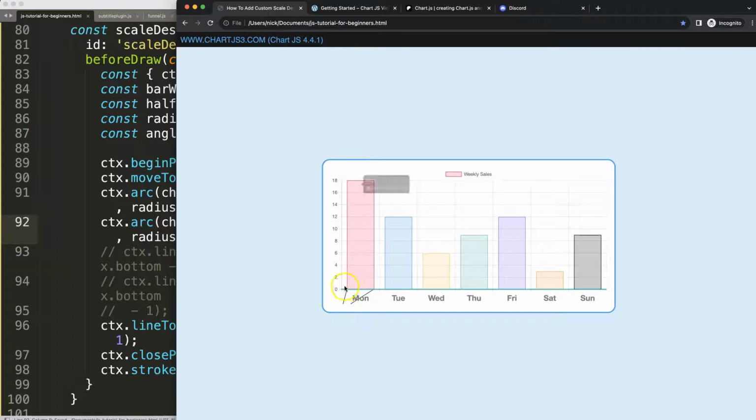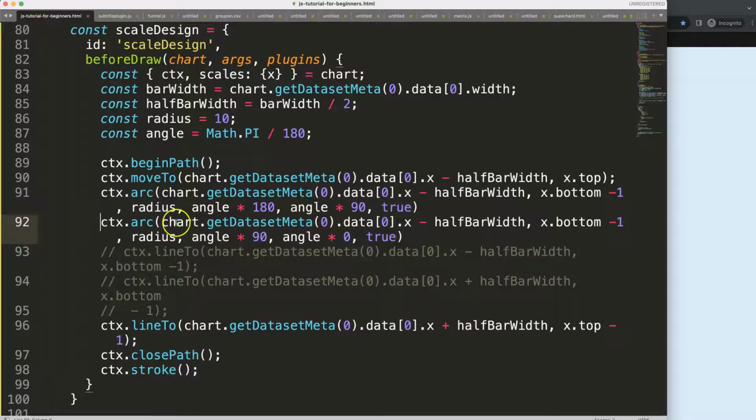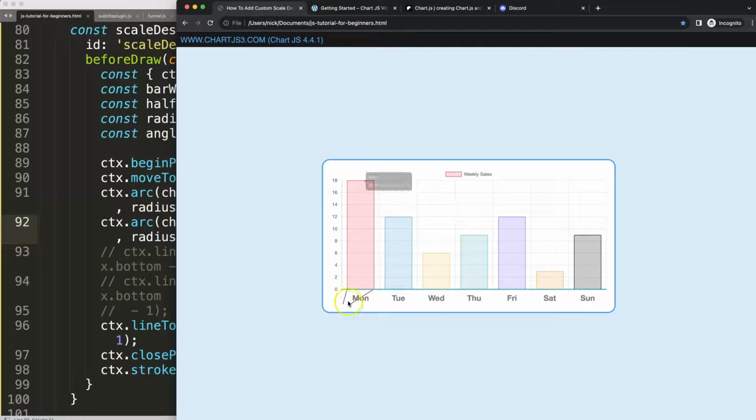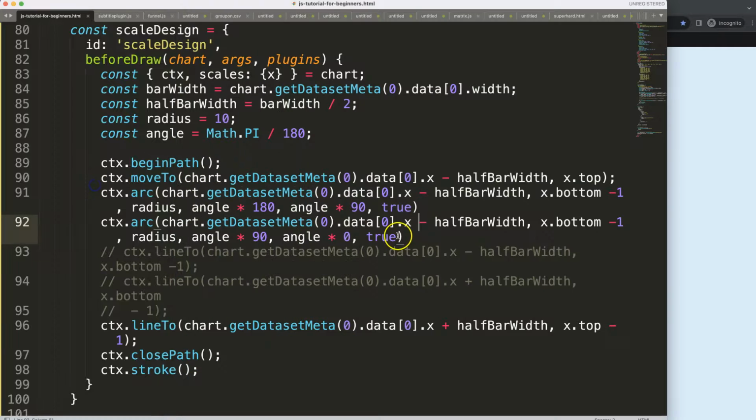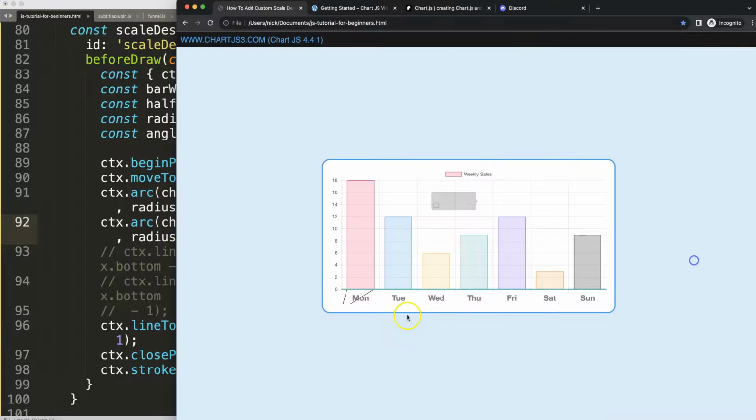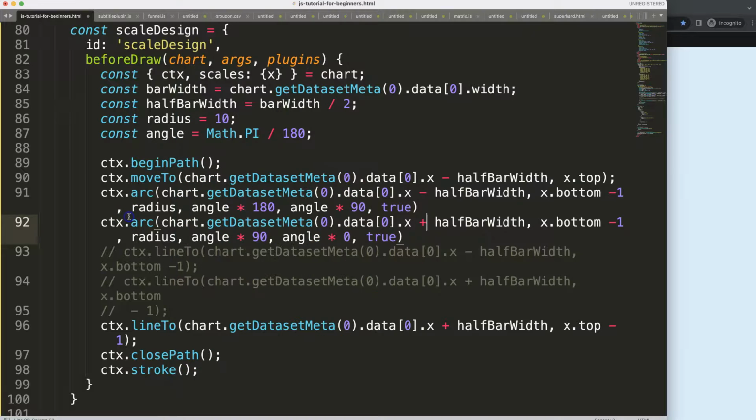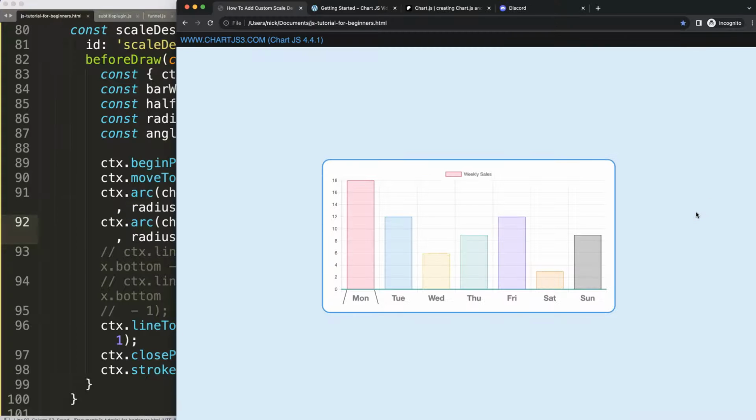Alright, so what we're going to do is we need to go here, and then it goes there, and then probably this line here is in an exact same position, but that is not what I want. What I want to do, of course, from there, I need to go here. So here should be somewhere the circle. So this must be not minus the half, but plus the half, because if not, we're still here. Save that, refresh. Alright, so we're getting something, but it looks like a trapezium, and I don't want that because